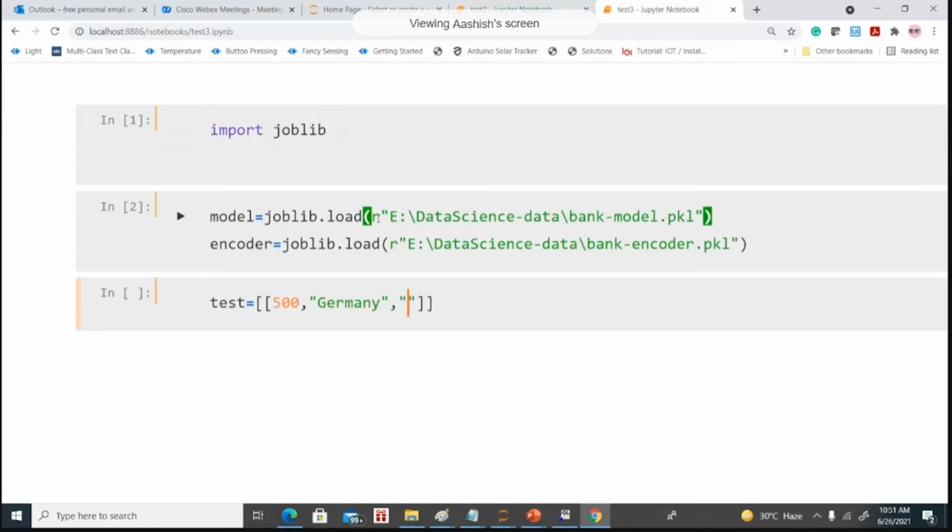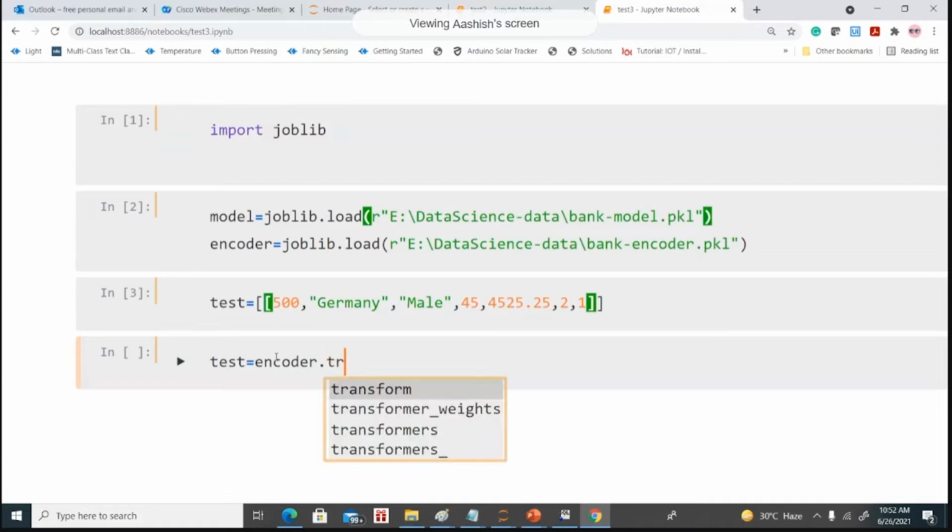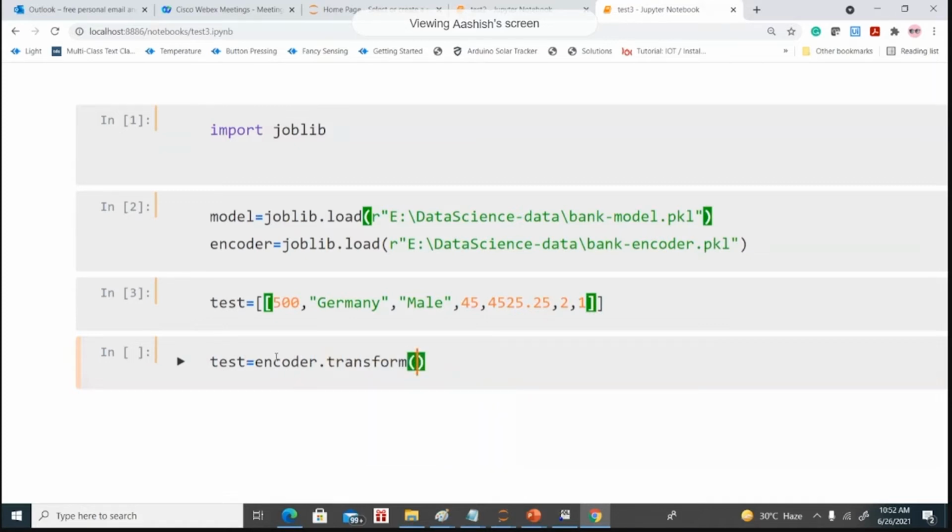The customer is from, let's suppose, Germany, and the customer is male, and the customer is 45. Bank balance is this much. Number of products the customer is using is 2, and the customer is actively using bank services, 1, right? So we have this test data.